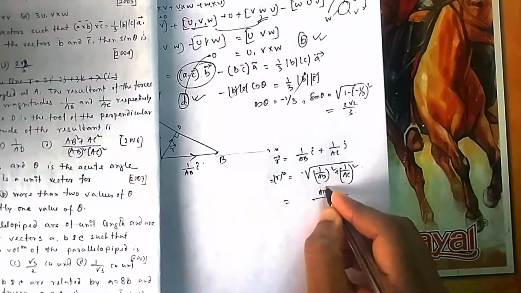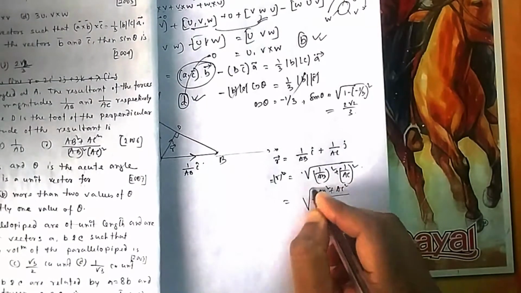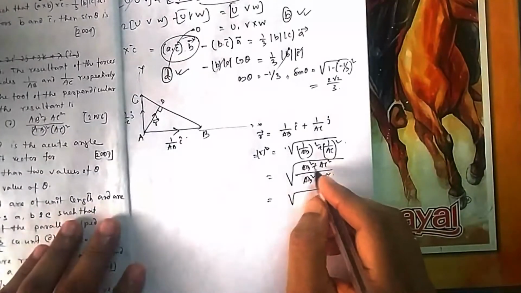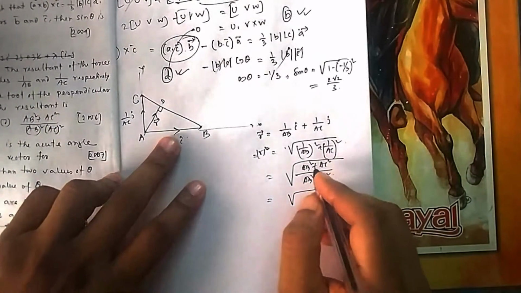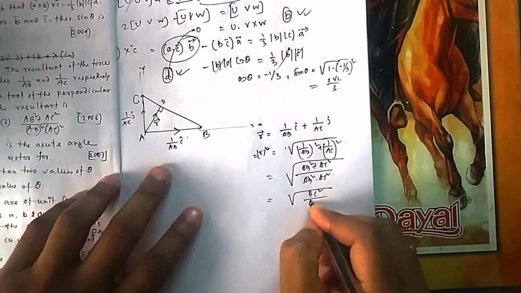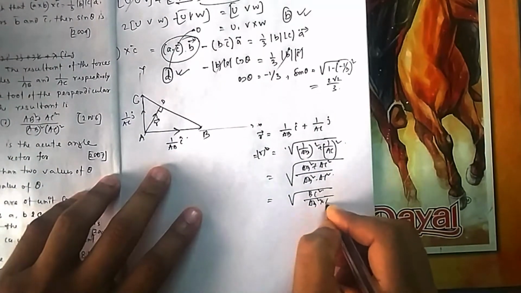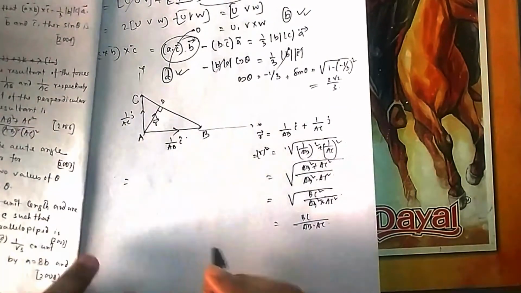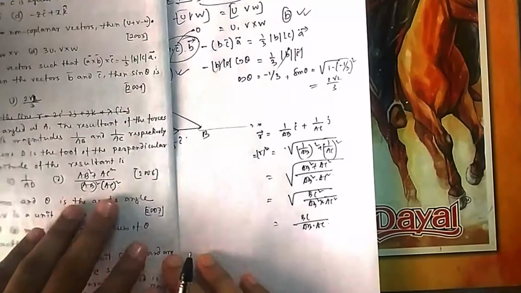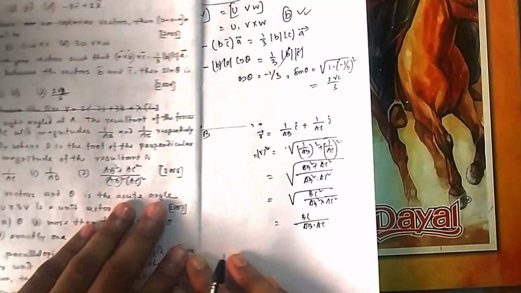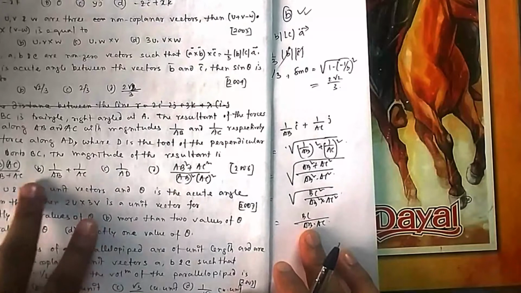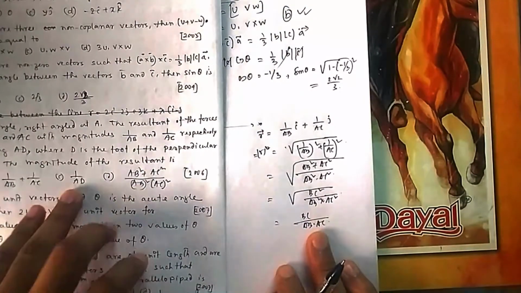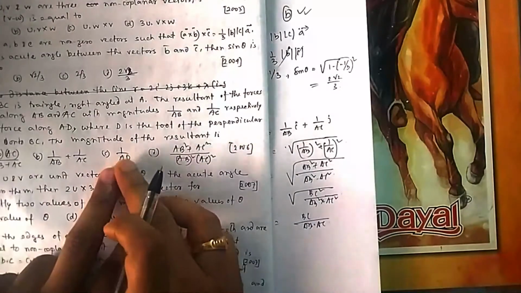So it will be AB square plus AC square, over AB square into AC square. What is AB square plus AC square? AB square plus AC square is BC square, by AB square into AC square, which is nothing but BC by AB into AC. So you don't have any such option with this one. Now that means you have to bring AB and AC somehow. It is not forming with AB and AC. You can see there is nothing in the options like this one. So obviously it should go somewhere in this direction, AD.